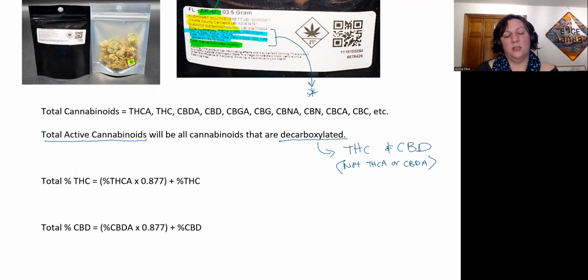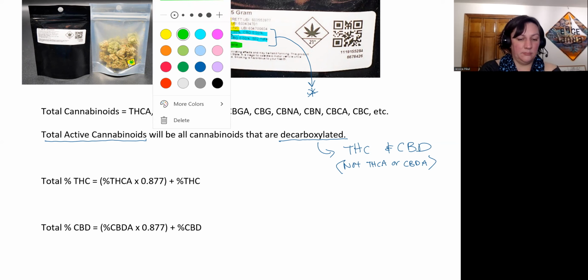The total THC and the total CBD content is typically what a consumer is looking at when evaluating a product. And so I want to dive into how that number is actually determined a little bit more. I've written out the equations that actually produce that value. It isn't just adding the THCA and the THC to calculate the total THC in the flower. Instead, the percent THCA is actually multiplied by this value, 0.877,